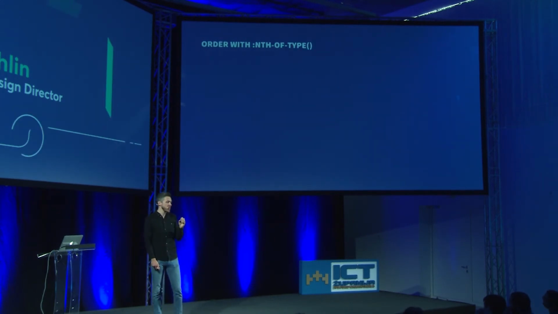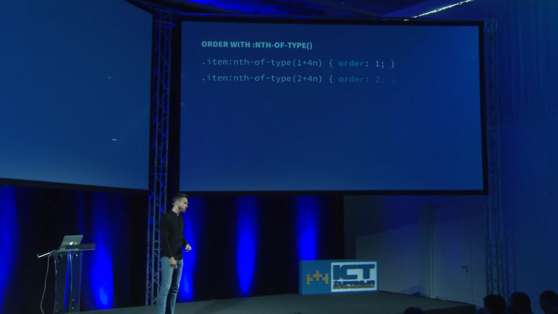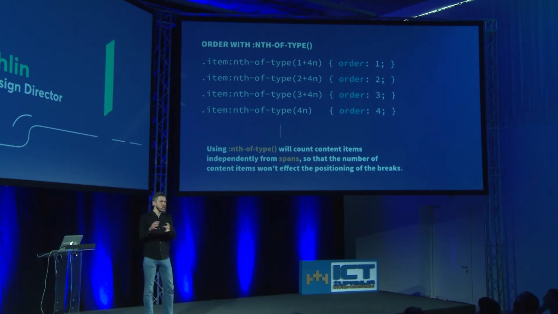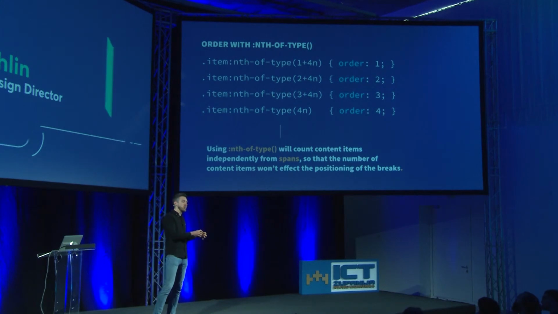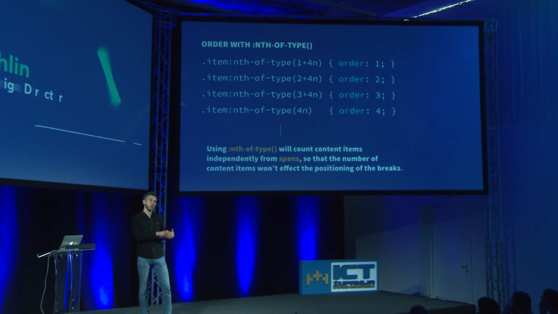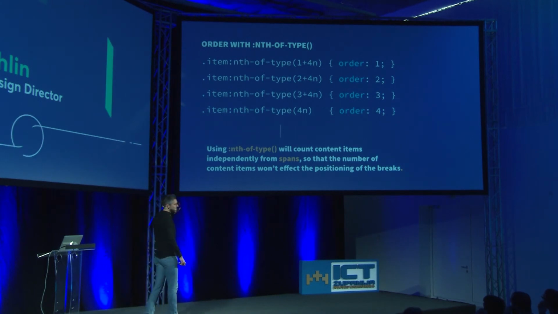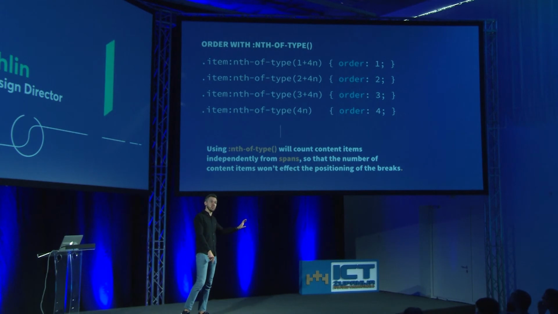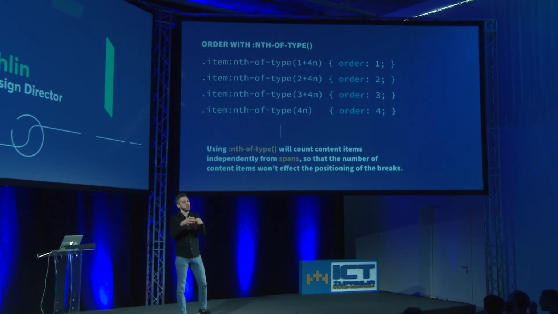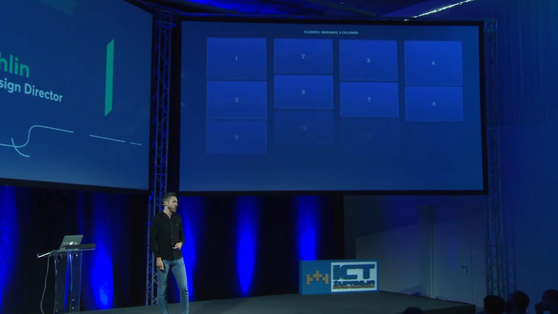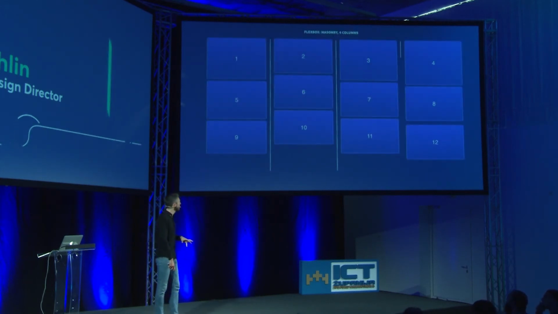Because what we're going to do is use nth of type this time around to create 4 columns. And using nth of type will count content items separately and independently from spans, so that the number of content items doesn't affect the positioning of the breaks. So this, I think, is a great use case for exactly this. But if we, for example, had 10 content items in 4 columns, and then we used just nth of child, we would insert the breaks after the third, fourth, and first column and leave the second and third one without a break. So with this solution, we can create something like this